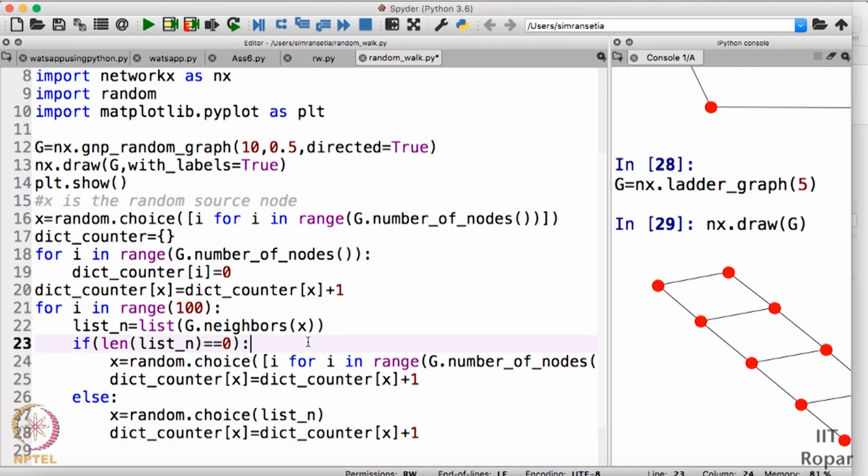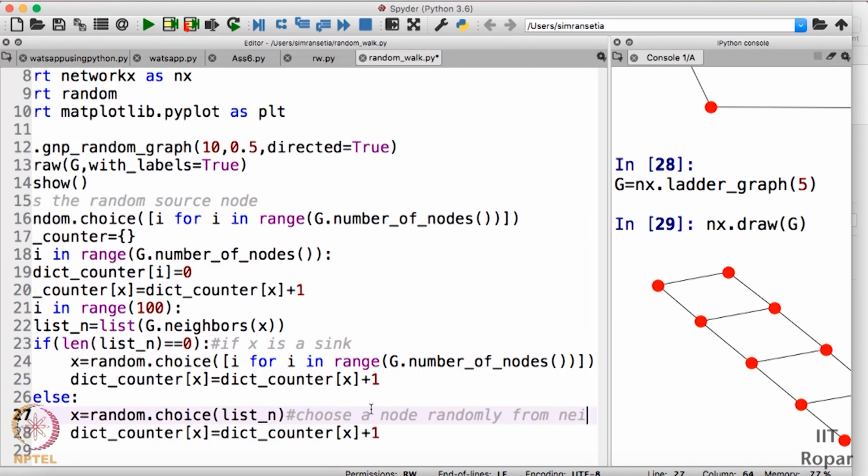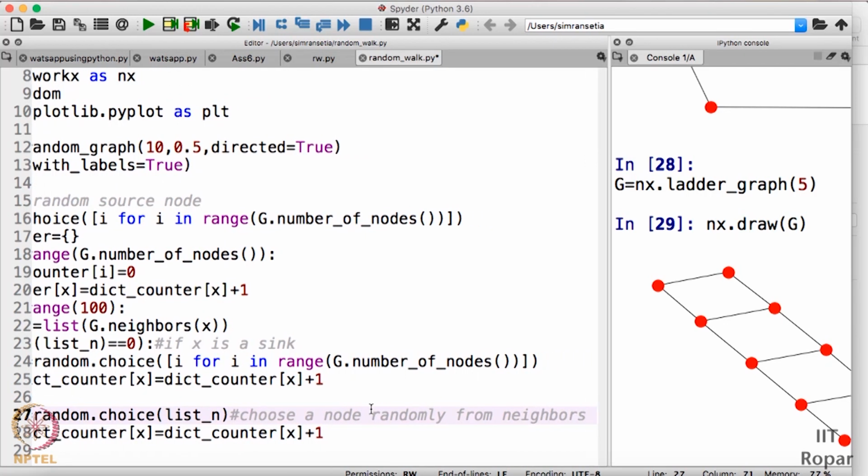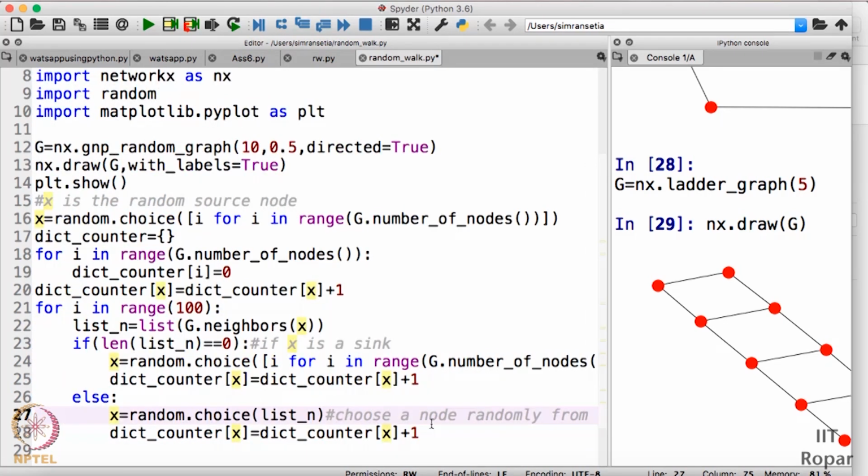I'll just write some comments here. If x is a sink, choose a node randomly from neighbors of x. So I repeat this loop.